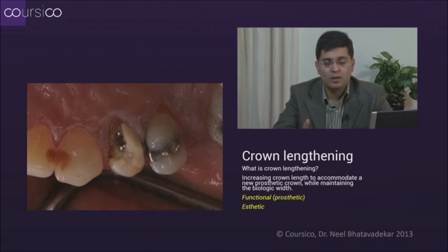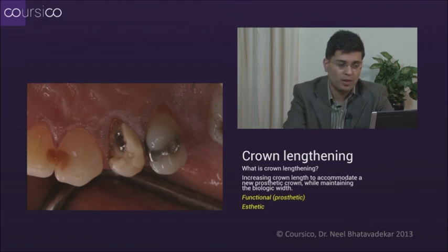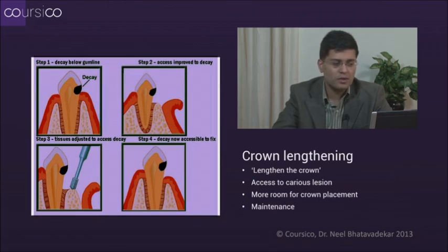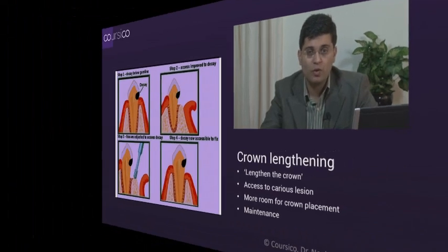As I had mentioned earlier, there are two aspects to this. One is the functional or prosthetic crown lengthening, and the other one is the aesthetic crown lengthening. In simple terms, this is a diagrammatic representation which shows what it involves to do a functional crown lengthening. As you can see, there is decay beneath the gum line, and the second step in this procedure is to reflect a simple flap and assess how deep that cavity or that decay is. Take down the bone margin and then place the gum margin obviously at a lower level, and if you compare step 1 with step 4, you can see that the gingival